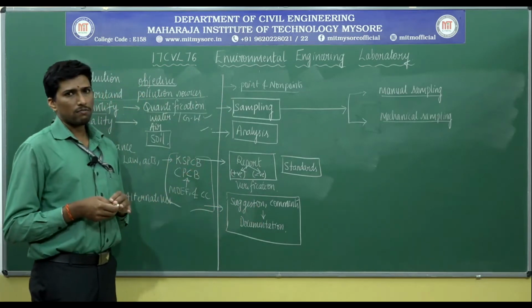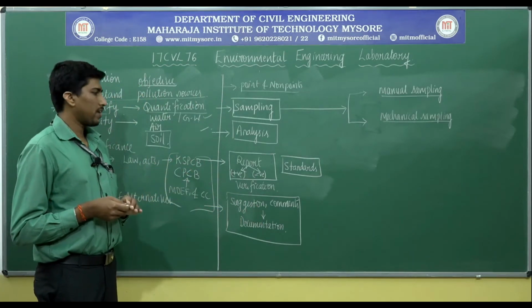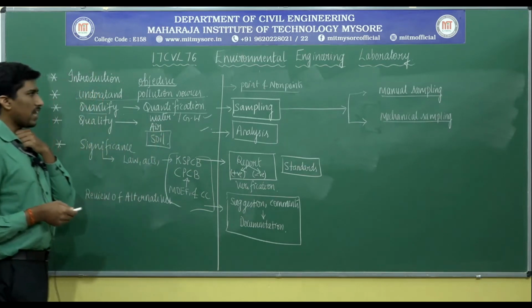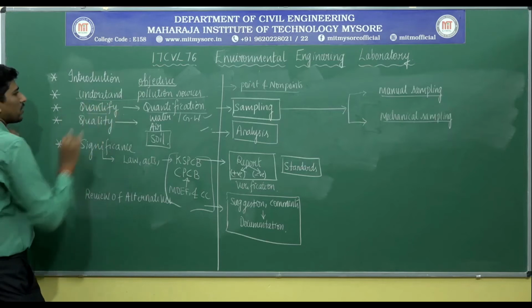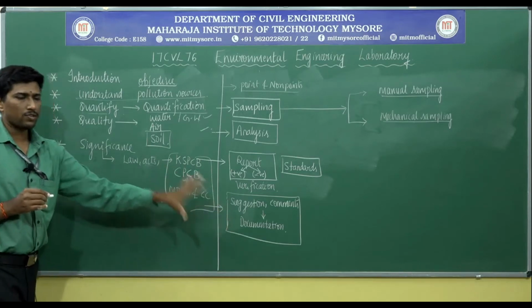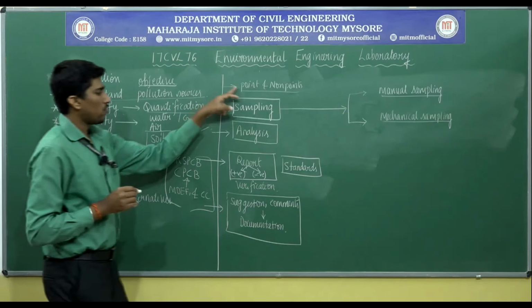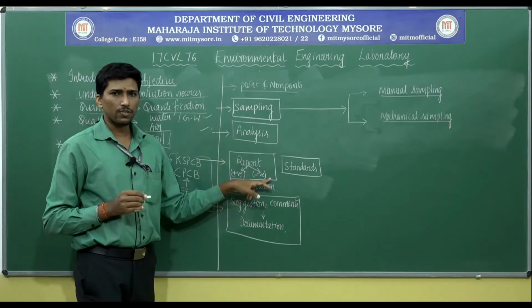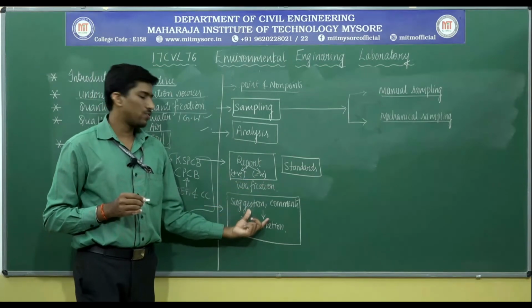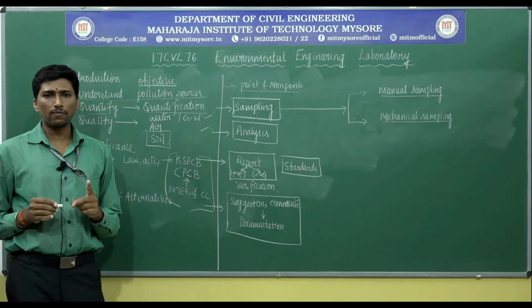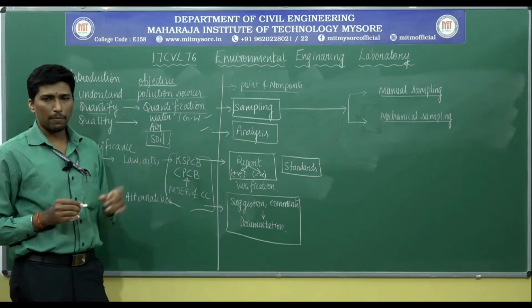Analysis, how it is being done, all of that we will take up in the later stages. Now, let me cover in this class understanding the pollution sources and quantifying them, as well as the quality also. The significance will be related to later aspects, but there are 4 fundamental features: sampling, analysis, report making or comparison with the standards, and then making the suggestions or comments with respect to the documentation. It is an essential tool or part for an environmental engineering laboratory,